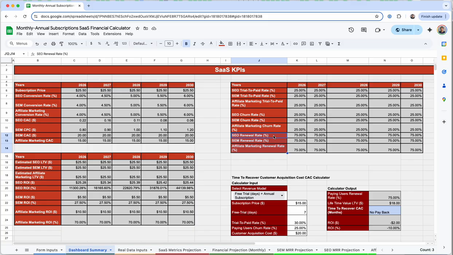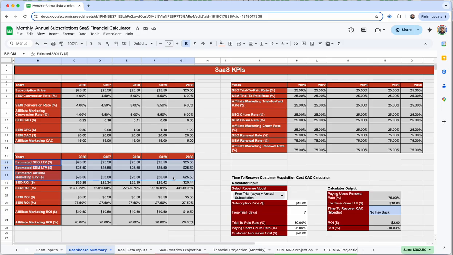It is basically how many paying users renew their subscription every month. You have this also by channel, and then the model also estimates an LTV per channel. So this is basically the average amount of money every user will give you throughout their lifetime